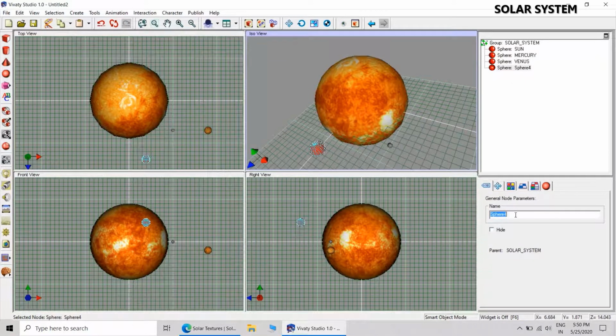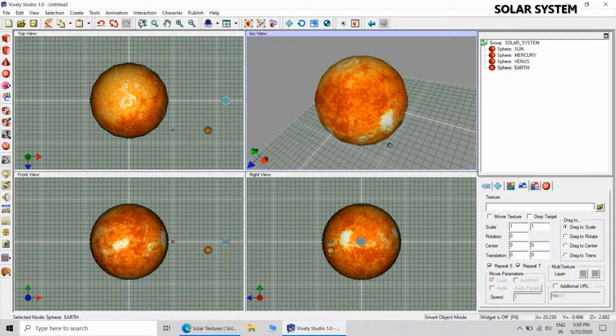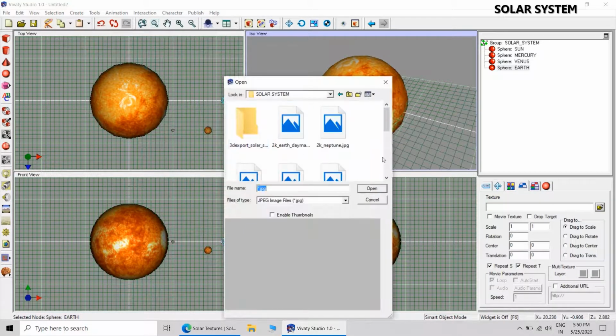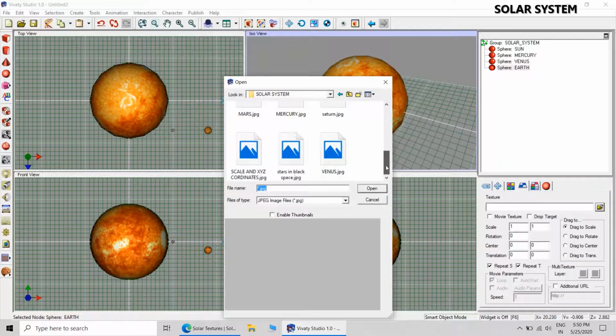Now we will move to the next planet. That will be our mother Earth. The scale will be 1 with reference to Earth. All the planets have been measured, the size of the planet is measured with reference to the Earth.